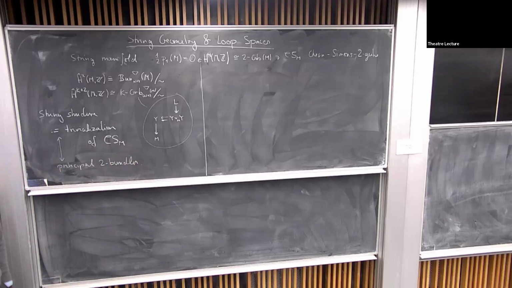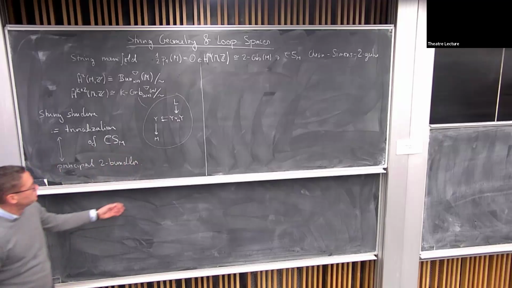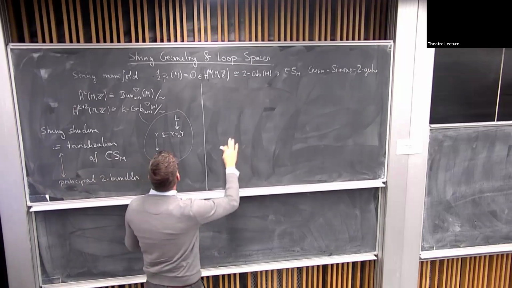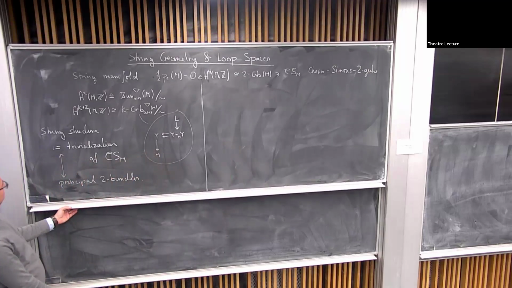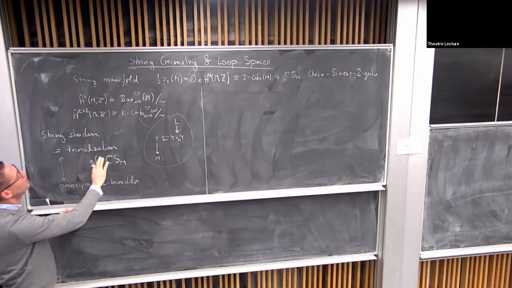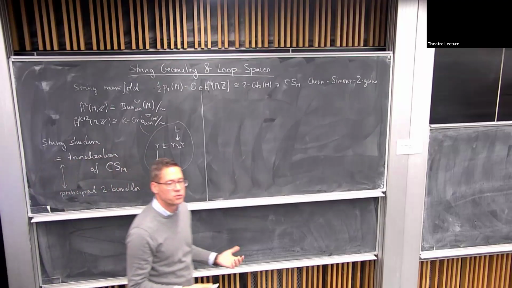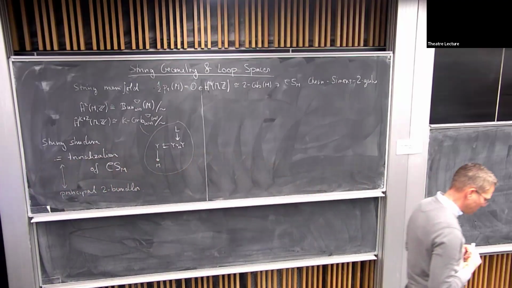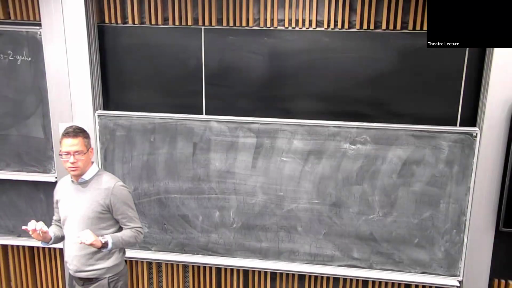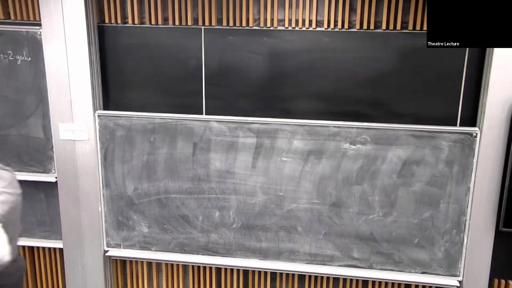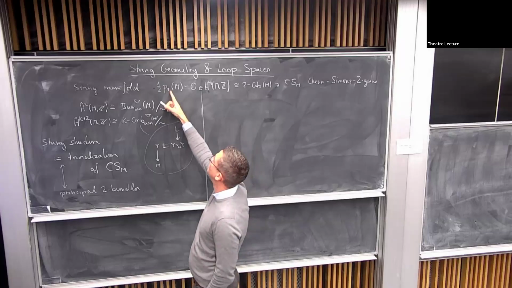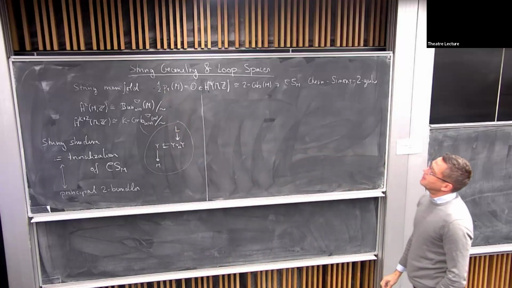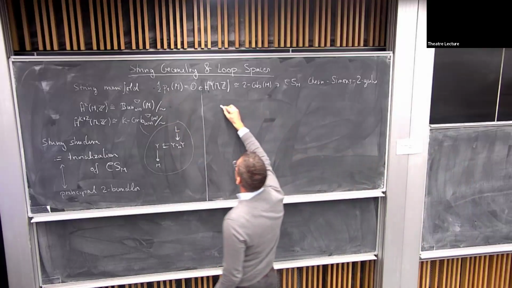It's going to come later. So right now I want to explain why these string structures are necessary for supersymmetric strings, for the supersymmetric sigma model. I just want to outline the argument, how all this came. So why is this class interesting? Why is it interesting? There is a general procedure called transgression